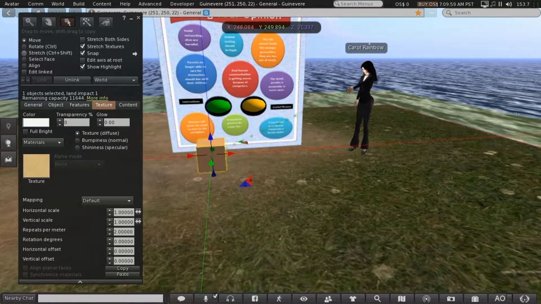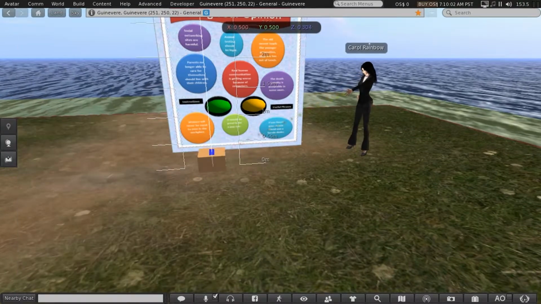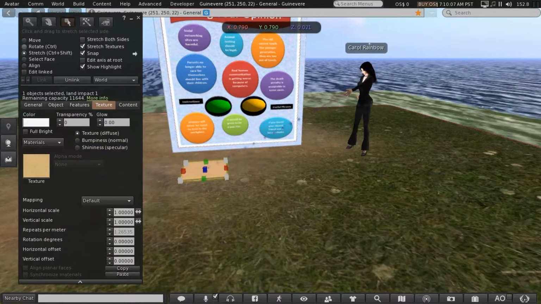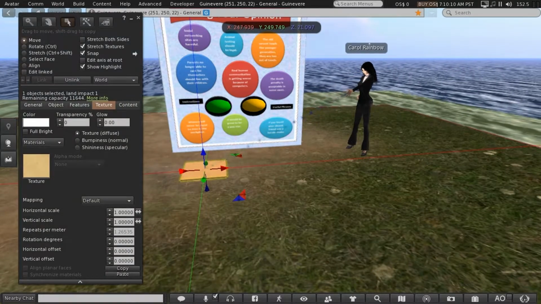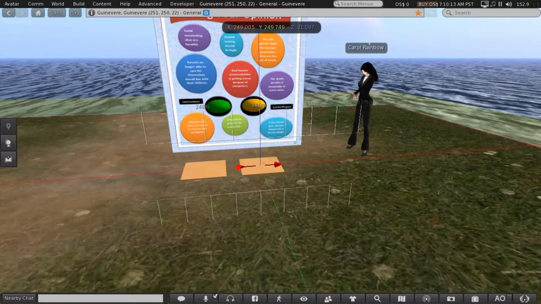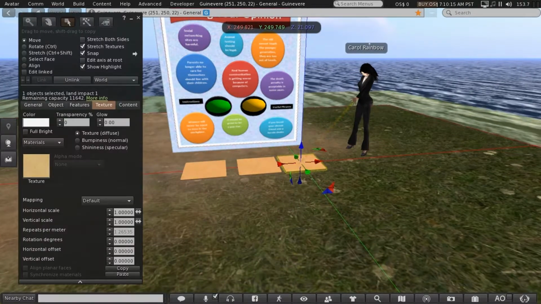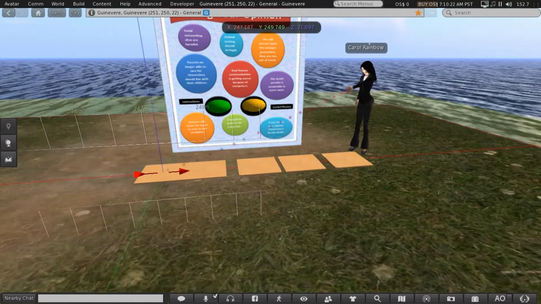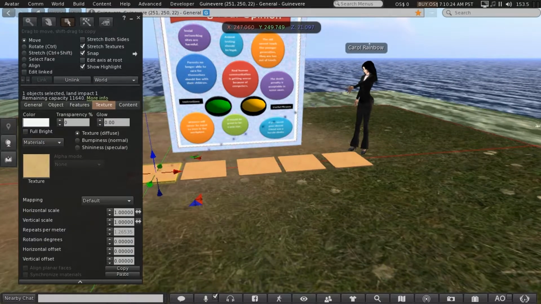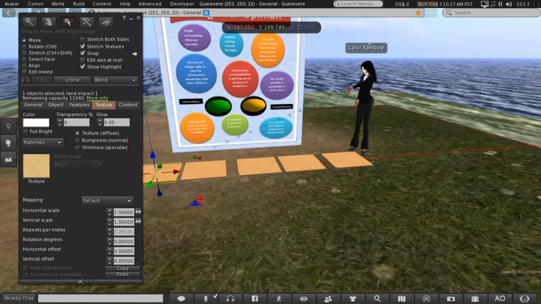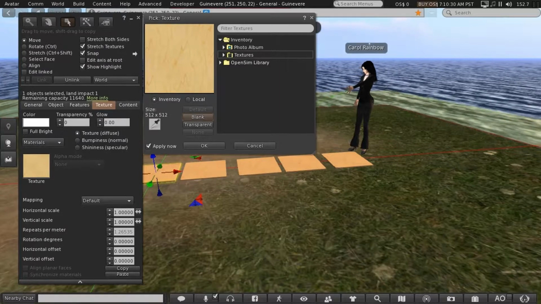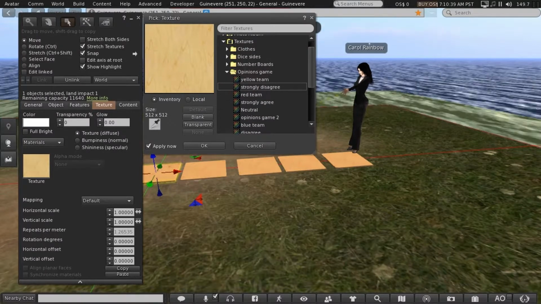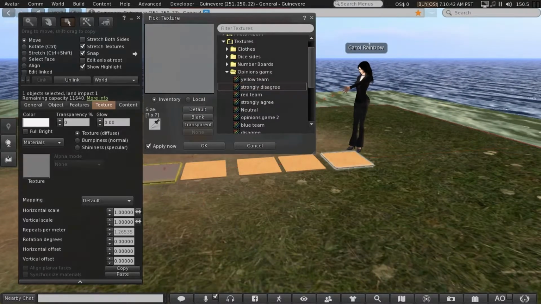I've nearly finished the game now, so stretch, let me squash that down, make it a little bit bigger. So now I want 4 of those, so click on move, so 1, 2, 3, I think it's 4, I'm not sure, I'm now wondering if it's 5, I can't quite remember. I'll put 5 out in case. Texture, texture. Now then, we're going to the opinions game, so textures, opinions game, and I want strongly disagree on that